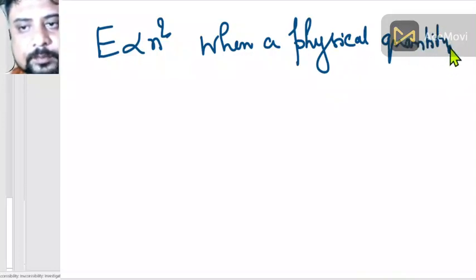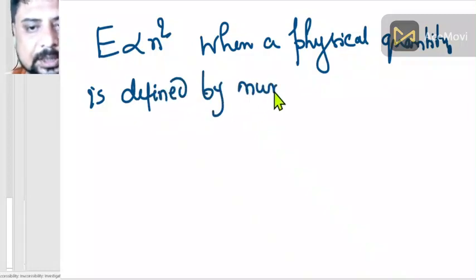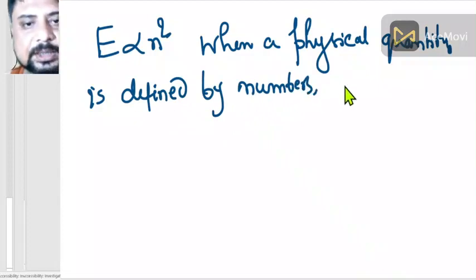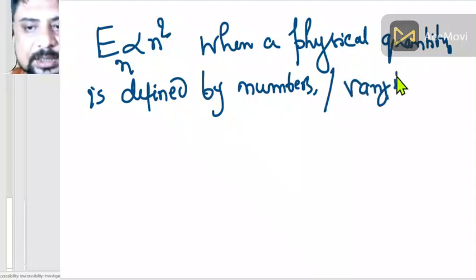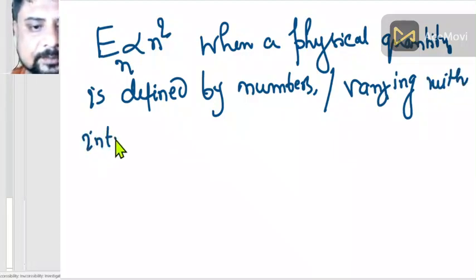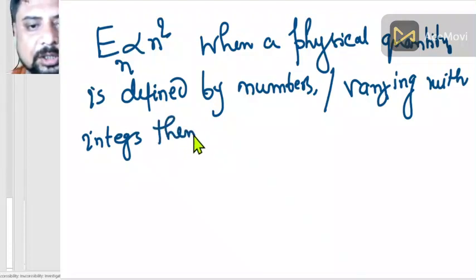Energy of the particle. Now this energy is directly proportional to n square, a number. When a physical quantity is defined by numbers, varying with integers,